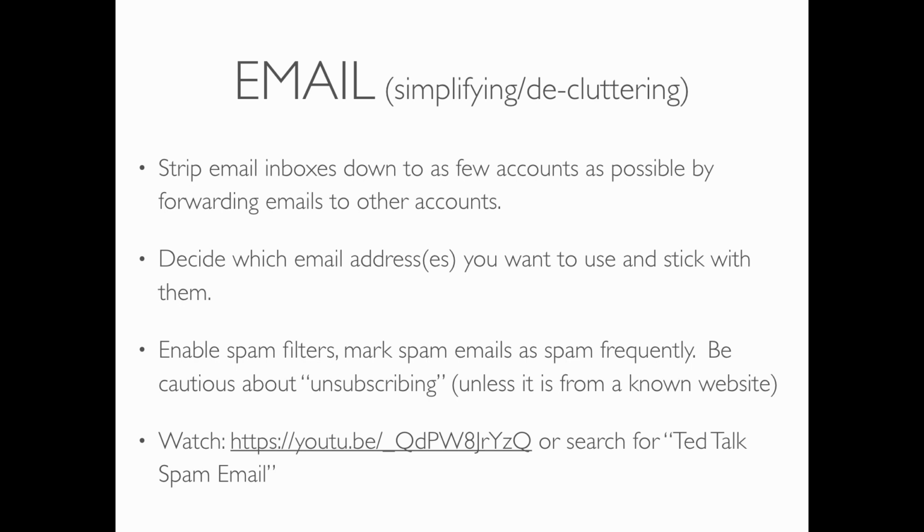So your school email, for example, your Insight email, my guess is that you guys aren't super excited about using that email, and it's kind of a pain to log into. So you can go to your Insight Outlook account, and you could say, I want to forward all the copies of the emails that come into this account to my other email account. And so you never even have to go in and check that one anymore because they automatically get forwarded to your new email account. I do that with my DVC email, gadams@dvc.edu, same kind of thing as your Insight one. That one gets automatically forwarded into my Grant at Digital Tools for Architects. So anything that comes in there gets shipped over. It's a good strategy. Decide which email addresses you want to use and stick with them.